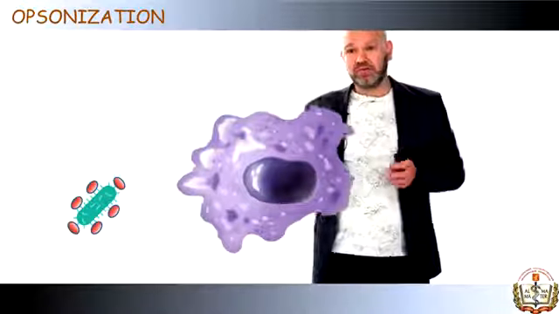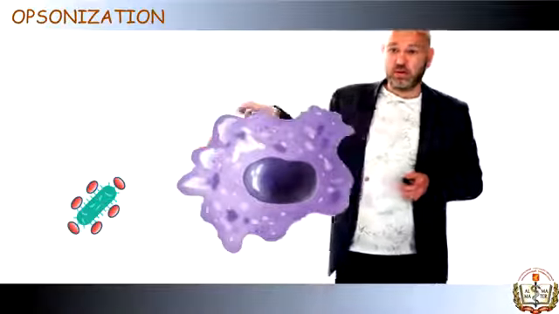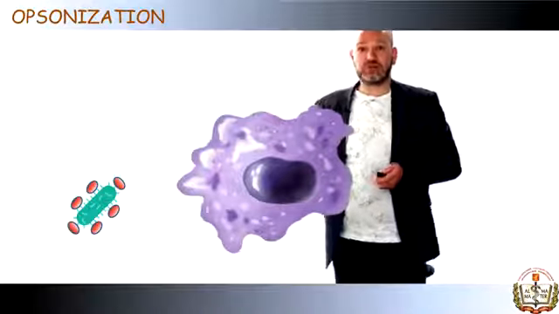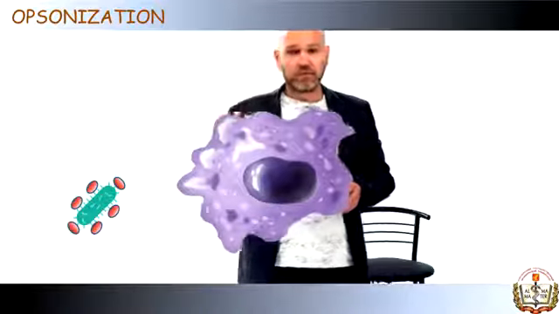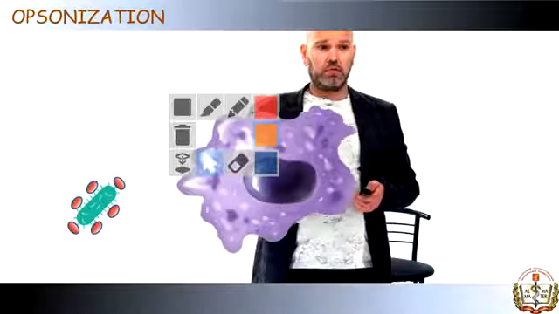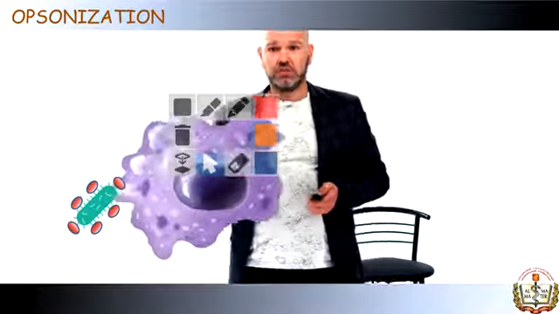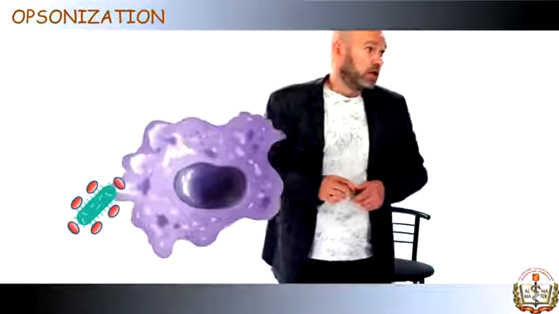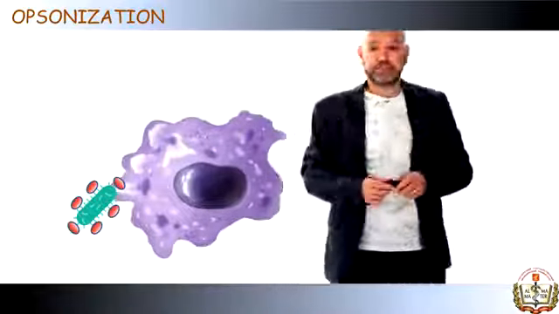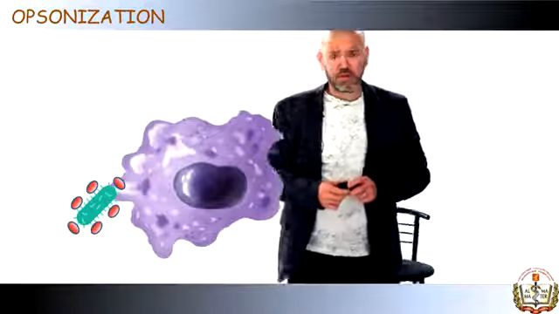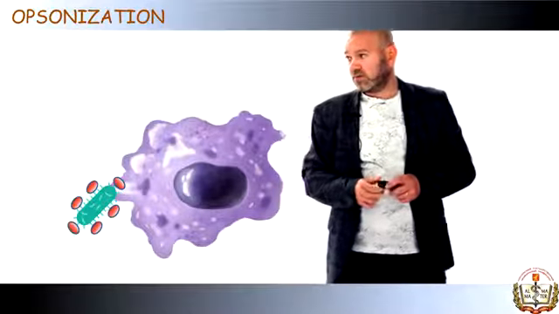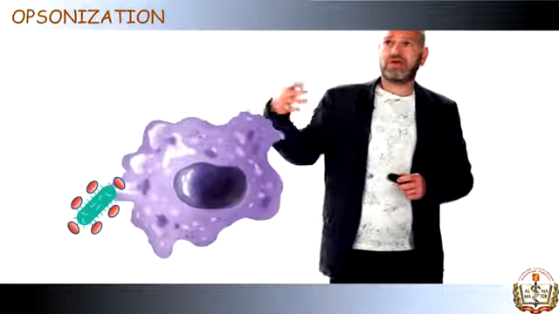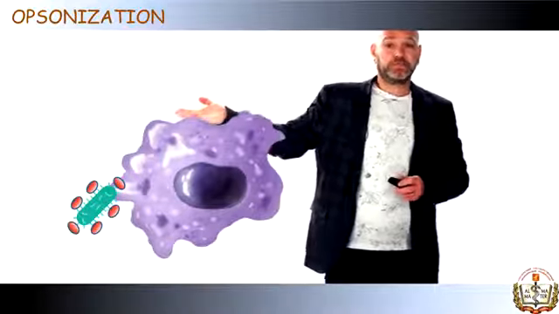So when a pathogen is covered with opsonin, phagocytes are attracted to the pathogen. And of course, our macrophage will find it much easier to take up that bacteria and perform phagocytosis. So if you ask what examples of opsonins we have,